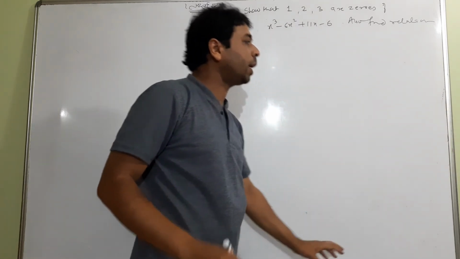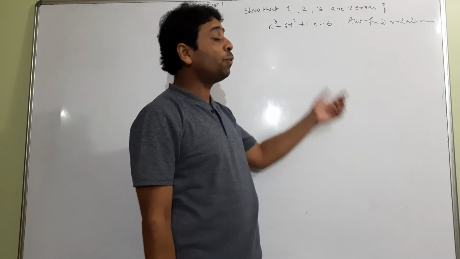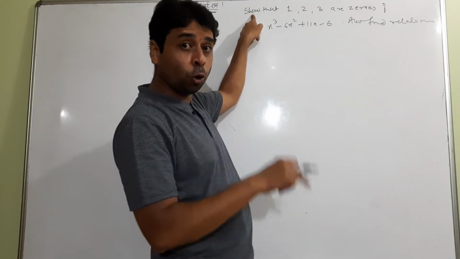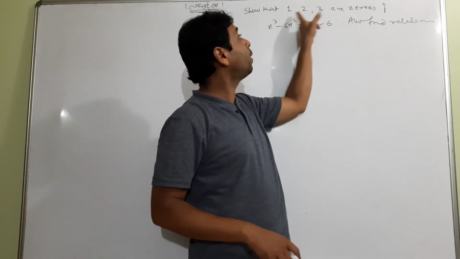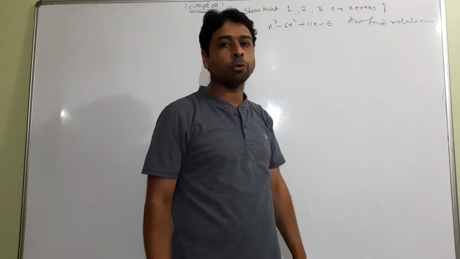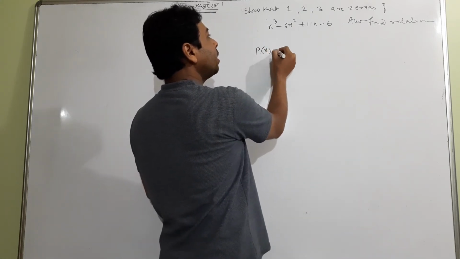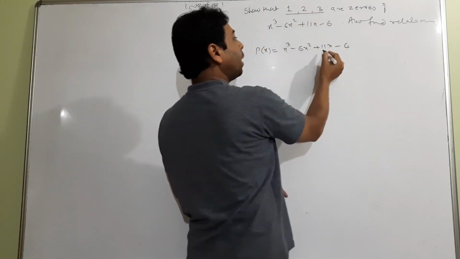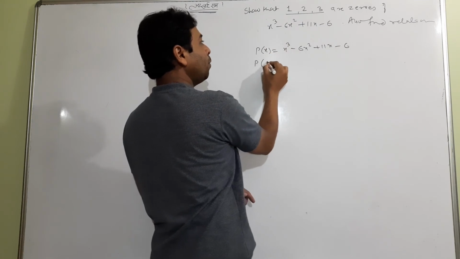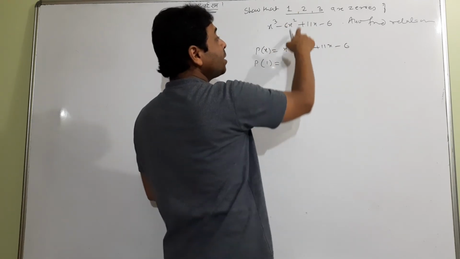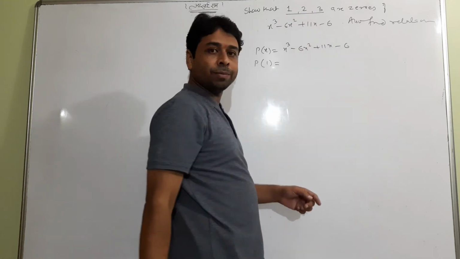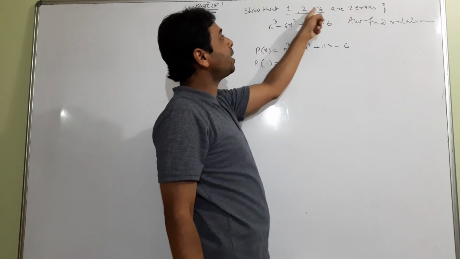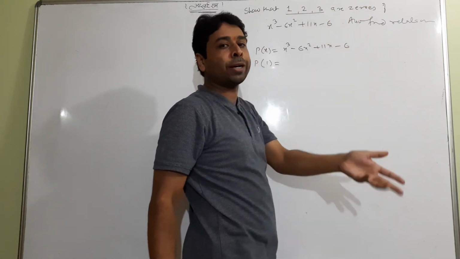So what is the difference between the last question and this question? In the last question we had to find zeros and then find the relation. In this question we have to show that 1, 2, 3 are zeros. Meaning 1, 2, 3 are given, but we have to show they are zeros. So I tell you the simple trick to show these are zeros of the polynomial. One by one put p of 1 here. If these are zeros, they will satisfy the polynomial. We don't have to find, we have to check.